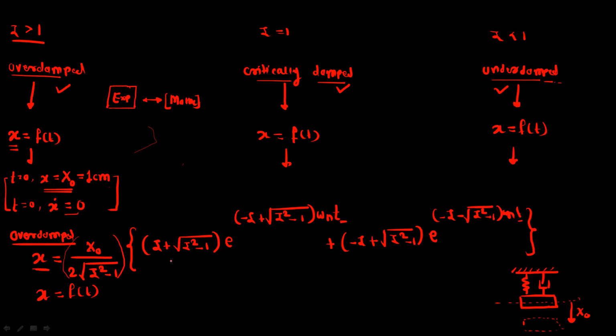Now from this equation, if you plot the waveform, which is displacement versus time, and suppose the initial displacement is x0, let us take this value as x0. This is the initial displacement. Then your waveform or graph will start from this point and it will approach the equilibrium position. Theoretically, it will not touch this zero line.